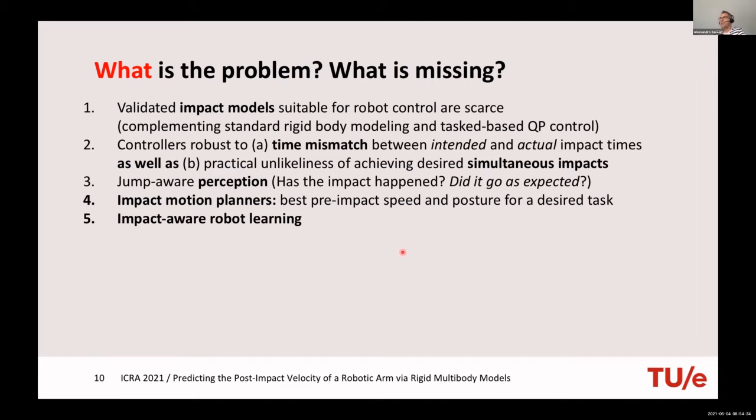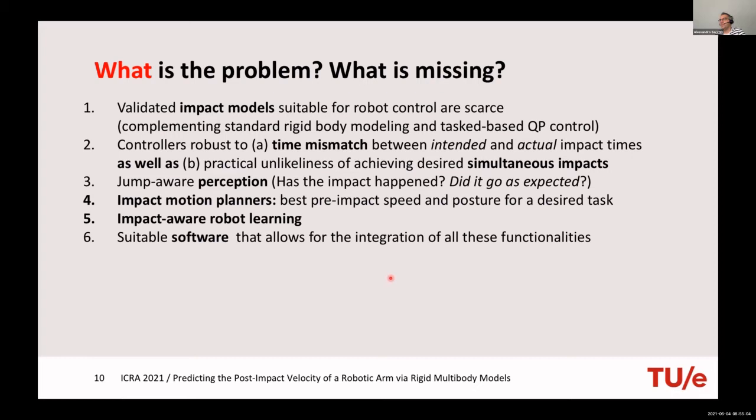Yeah, you can do all kinds of learning. Learning even now is done with the assumption that the contact transitions are occurring at zero speed. So when you have demonstrations where the robot is actually impacting, what should you learn? How should you store the reference trajectory or dynamical system, for example, that describes that motion, especially with the situation of simultaneous impacts? And in any case, you need software that allows you to do all this and make it happen on real robots.